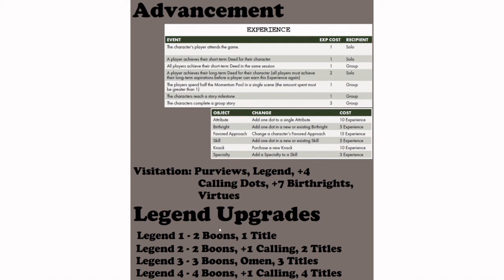That gives you all of this stuff, and you also get the 2 boons and your first title. When you go from legend 1 to legend 2, you get another calling dot and another title. Legend 3, 3 boons now, and you start having omens and 3 titles. Omens are